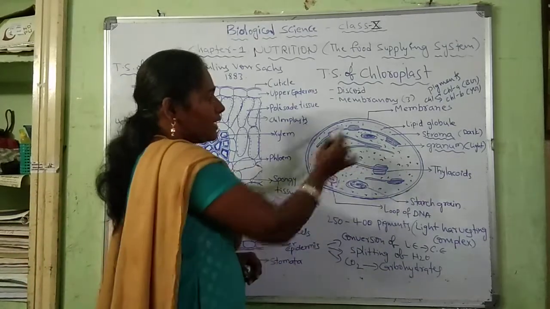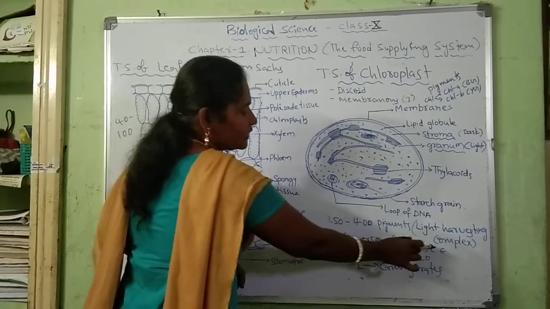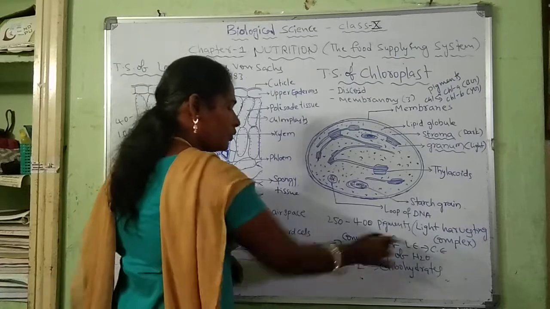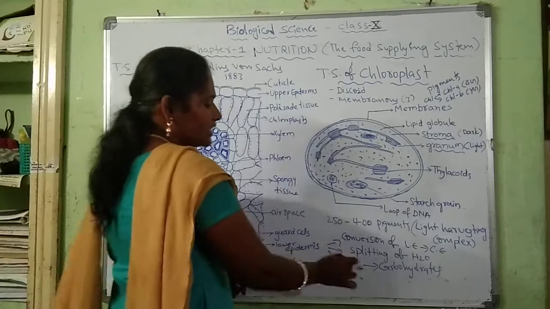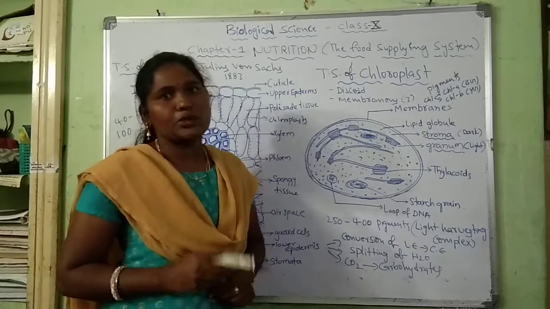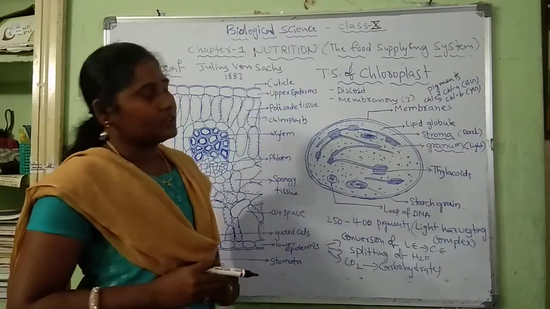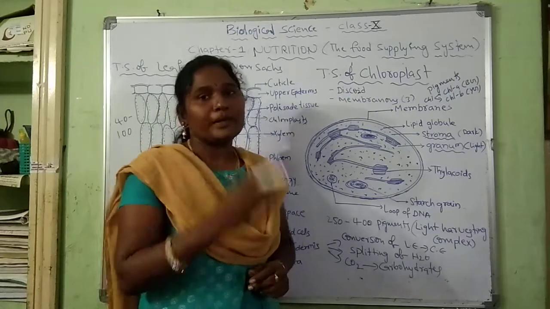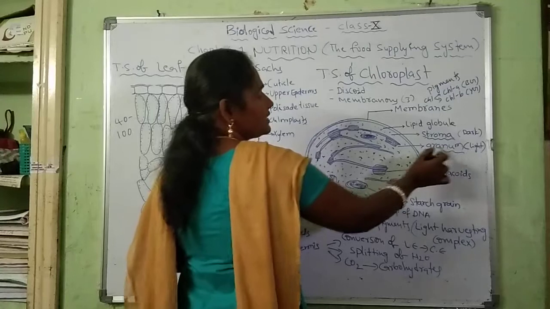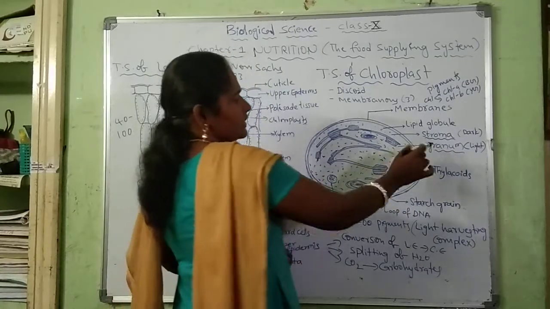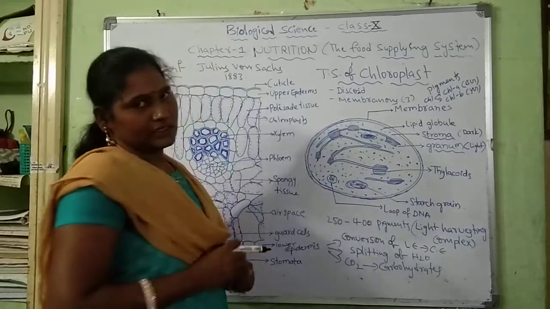In the chloroplast there are three actions. These are the conversion of light energy to chemical energy, splitting of water, and reduction of carbon dioxide into carbohydrates. These three actions occur in two reactions. Those two reactions are the light reactions and the dark reactions. Light reactions are light dependent and dark reactions are light independent. The light reactions take place in the granum and the dark reactions take place in the stroma. So these chloroplasts are the sites of photosynthesis. Thank you.